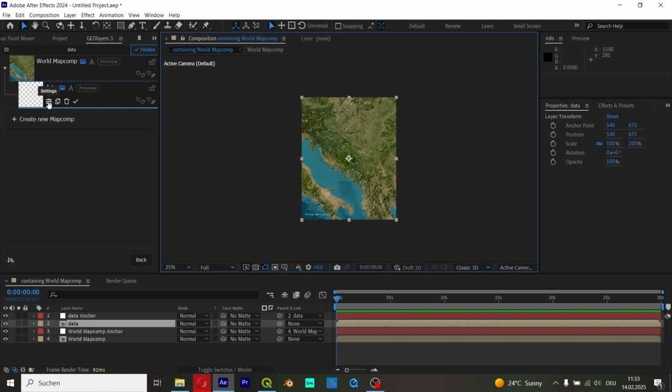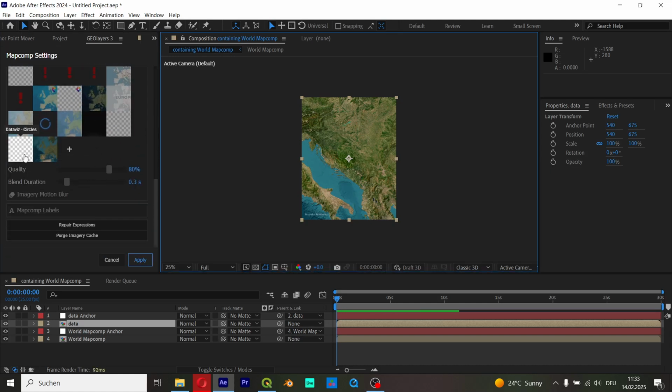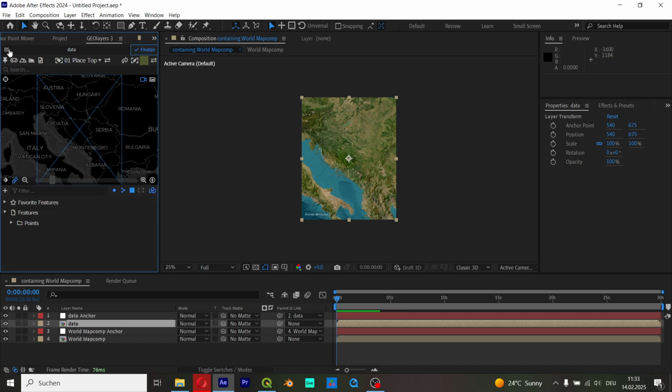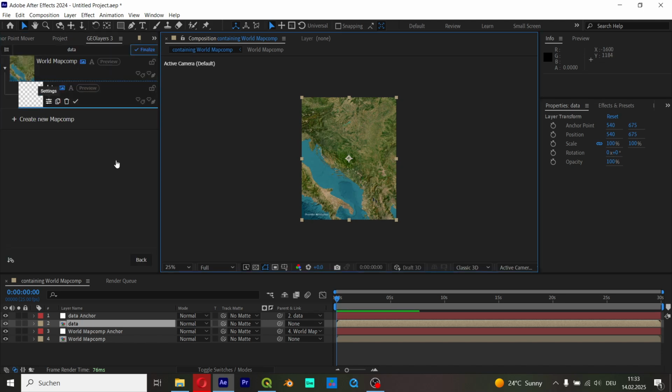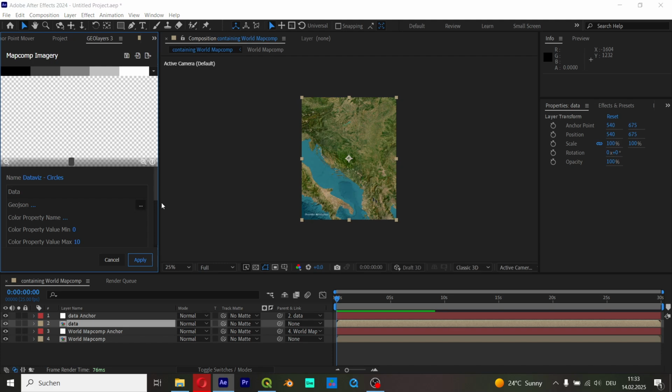Then we go in here, now again, data, settings, and down here you see data with circles, data with choropleth, and data with Heatmap. Actually, we can also use the Heatmap for this one, but I'll first show you how to do it with circles, or maybe we can even combine it. I never tried this out. Okay, now here we go in GeoJSON, we select the GeoJSON of course,